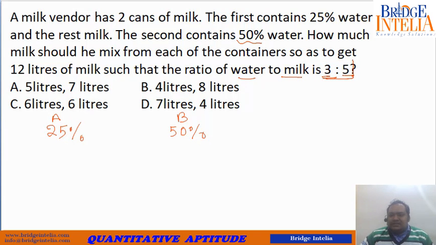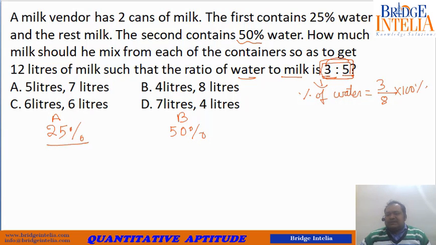So convert this ratio into percentage, because all the quality of the solution is given in terms of percentage, not in terms of ratio. So you have to convert this ratio also in terms of percentage, make it homogeneous. So water to milk, the ratio is 3:5. This is for the resultant mixture. So in the resultant mixture, what is the percentage of water? If you find this out, percentage of water, so out of 8 parts, 3 parts water, 5 parts milk. So out of 8 parts, 3 parts are of water.